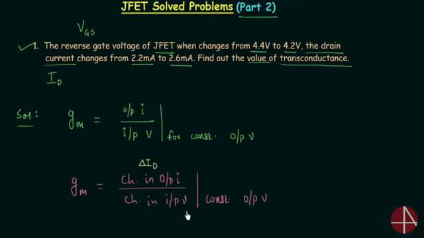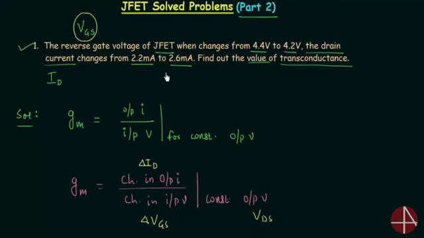The input voltage is the controlling voltage in the JFET, and it is VGS, the reverse gate voltage, and I will represent the change by delta VGS. The constant output voltage must be there. Output voltage is VDS, so constant VDS should be there. So this is all for the transconductance, and using this we can easily calculate its value in the